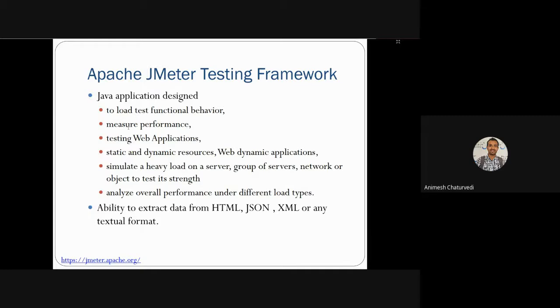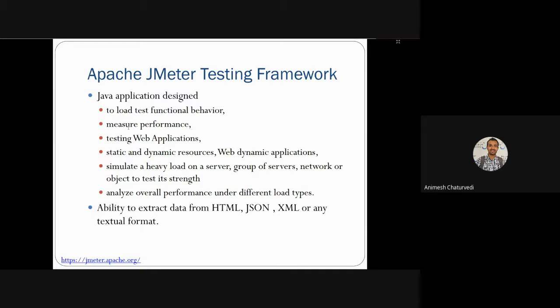Then testing of that application through various security and input-output checks, that if these are the inputs, then these types of outputs should be there. Then static and dynamic resource management of that web service, dynamic applications are there. You have simultaneous heavy load on the server, and you have group servers and network that can be managed. You have the object to test its strength.